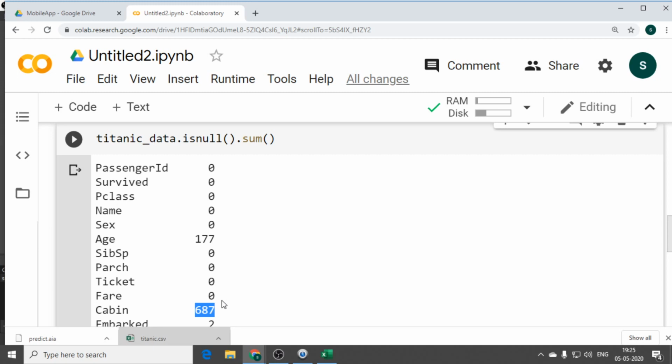See, we have just imported the data set and we are checking for the null values. My main concentration next step is to clean the data set. That's where my data cleansing process comes into the picture. I need to change my cabin values, I need to remove my null values in age, all those things. Right? So I hope you understood the process.